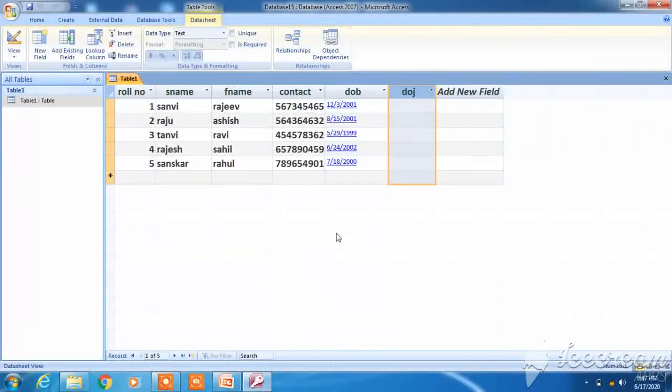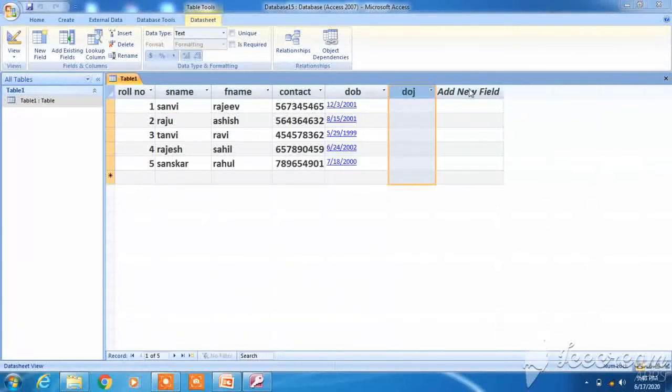Look here, this is the MS Access interface, where I have already created one table. Please see here, this is the field name, or we can call it an attribute, right? These are the attributes. And what is this? This is data sheet view. So we have the interface in data sheet view. Now, a very quick recapitulation of the things.